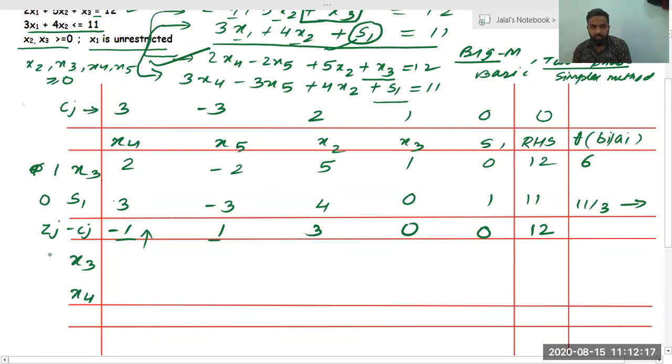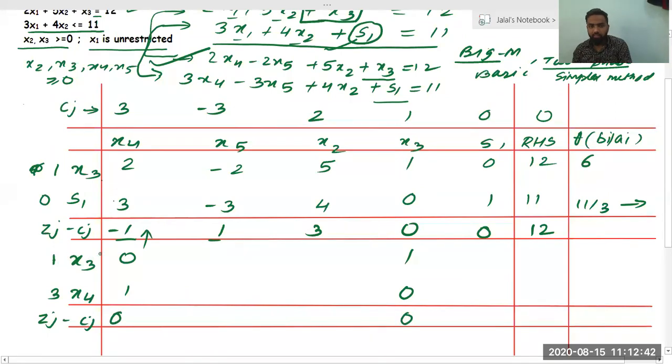Okay, so this will be X3 is how much? 1. X4 is how much? 3. This is Zj minus Cj. Just remember, this is not the same sequence. Find X3, put 1, 0. Find X4, put 0, 1. X4 is not after X3. You don't have to put anything here. Just remember the sequence. Okay, this is 0. This is 0.